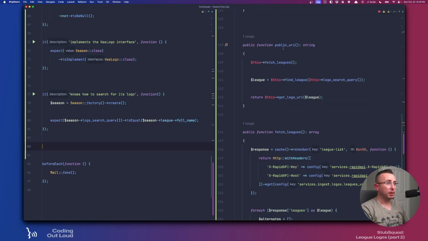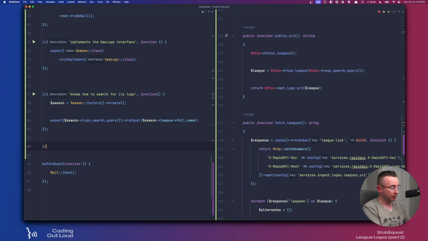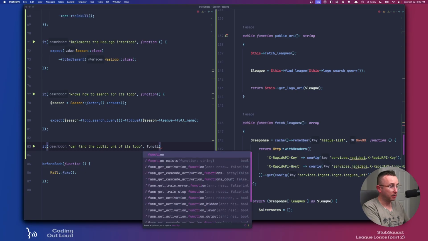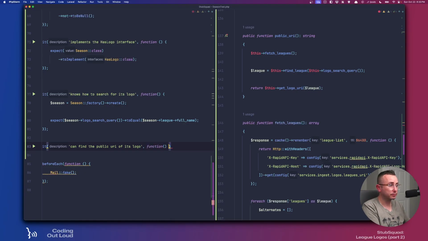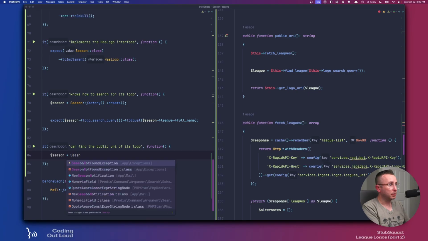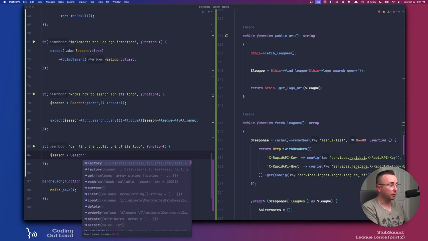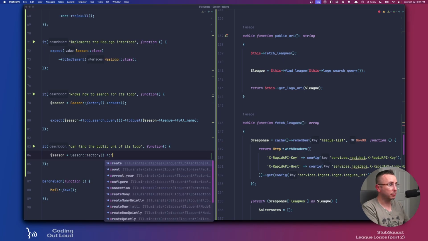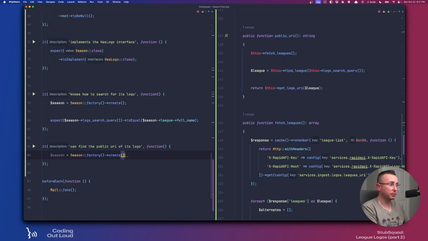So we're going to work on the public URI stuff, so it can find the public URI of its logo. So we're going to say season equals season. And I should probably extract this to a beforeEach, but for right now, I don't particularly care. Okay, so we're going to say